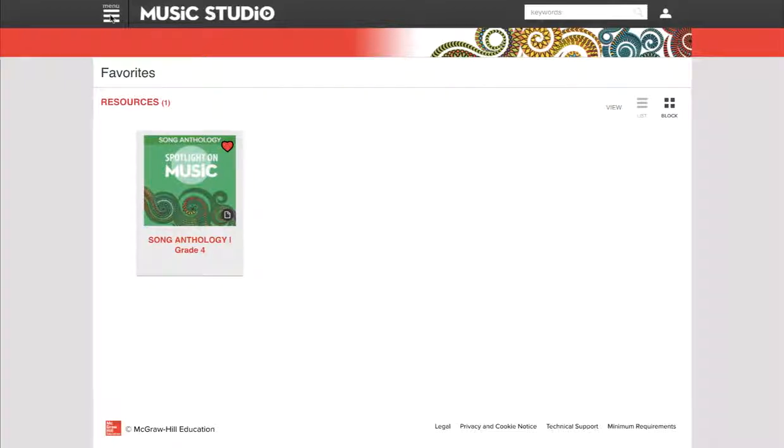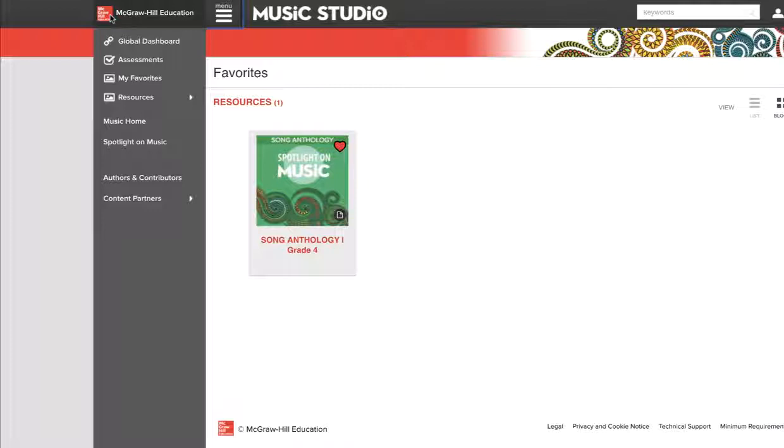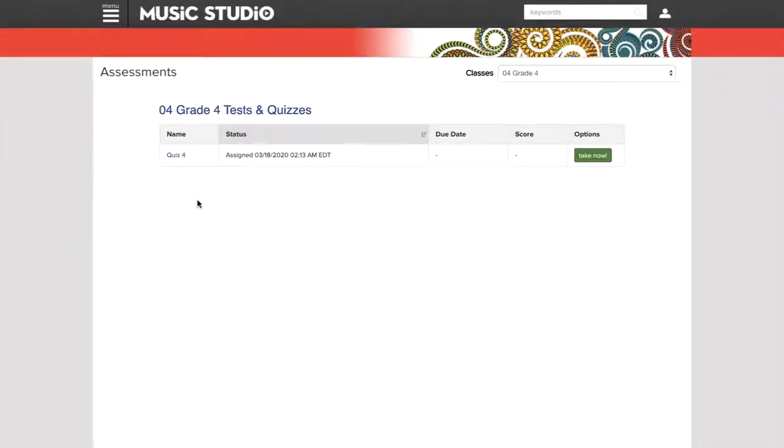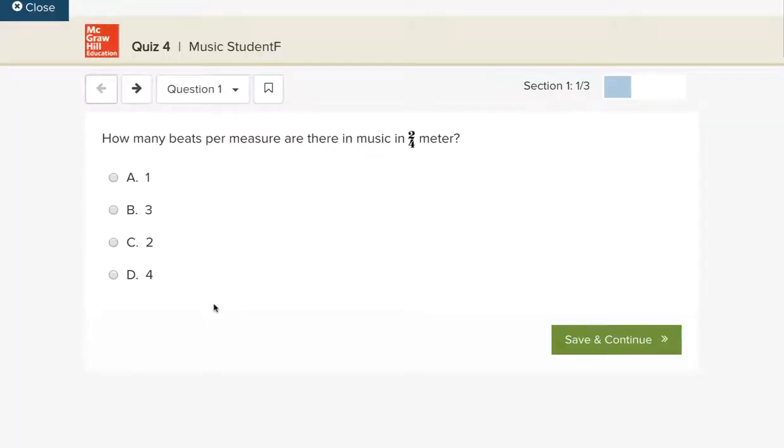Students can also check to see if they've been assigned an assessment by their teacher by clicking on their main menu and going to Assessments. Here they will see if any assessments were given, and sure enough, there is one. Simply click on Take Now, follow the prompts for each question,